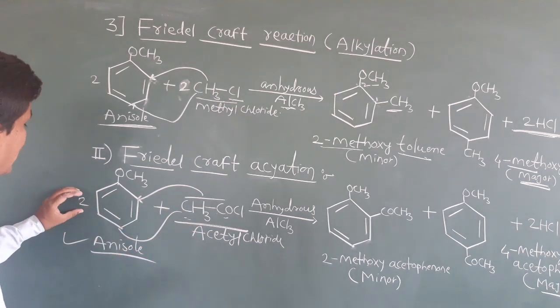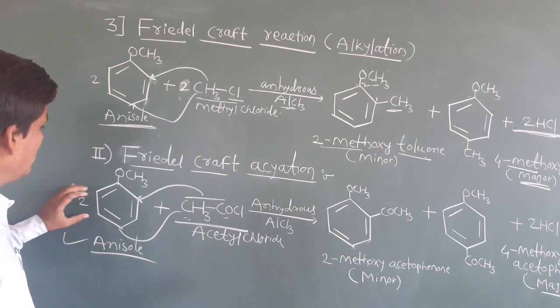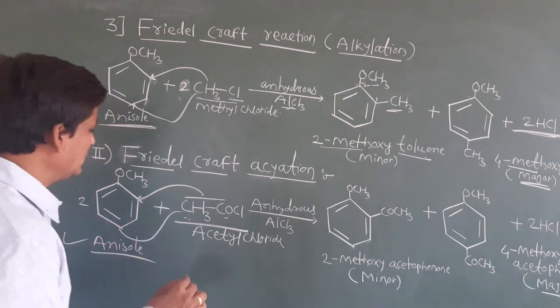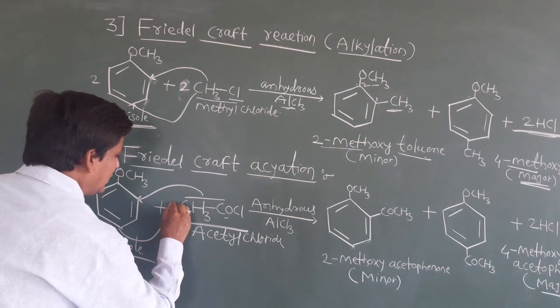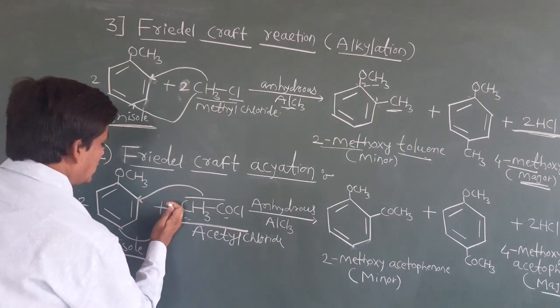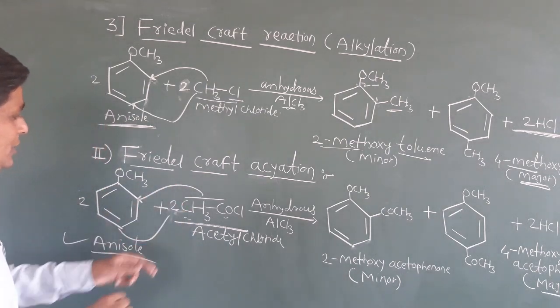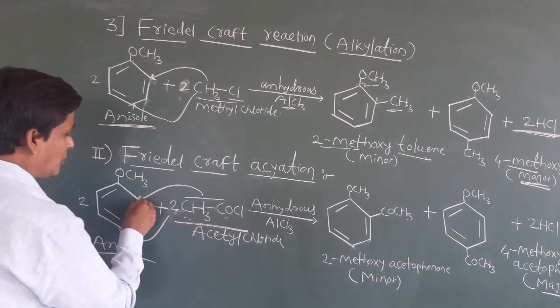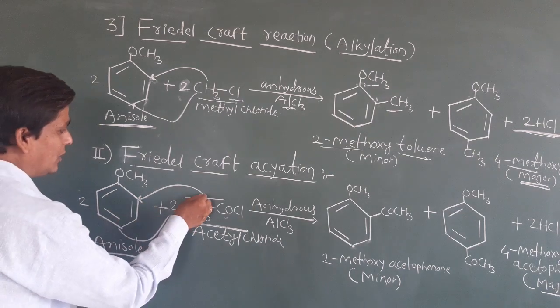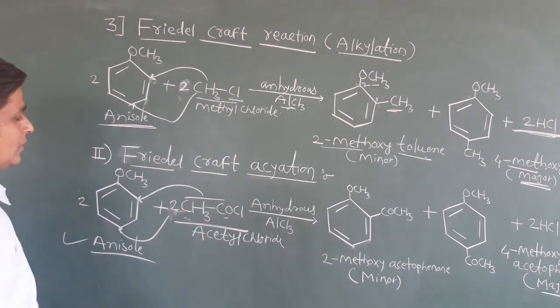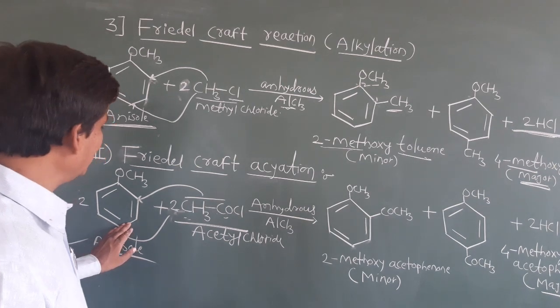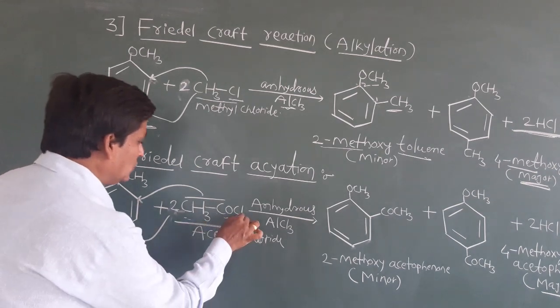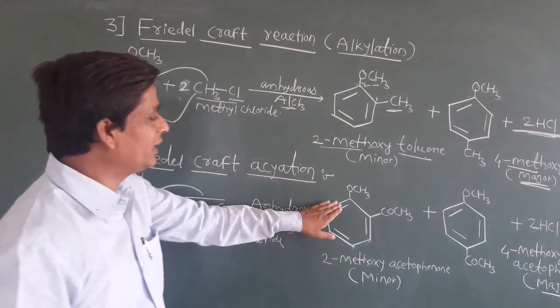First we see it is taken two times already. Just see, this anisole we have taken two times and this acyl group also, acetyl chloride, has to be taken two times. Means one COCH3 group is going to attach at the ortho position and one COCH3 group attaches at the para position. And what is removed? 2 hydrogens and 2 Cl, 2 HCl will be removed and we will get this product.